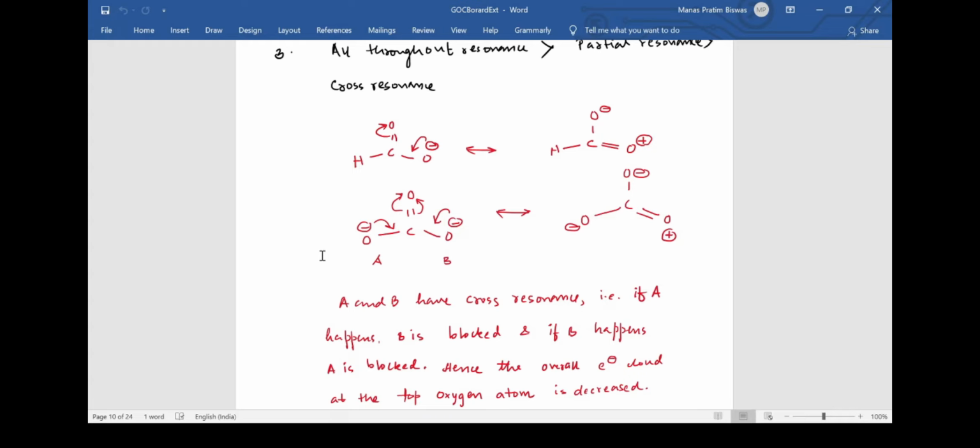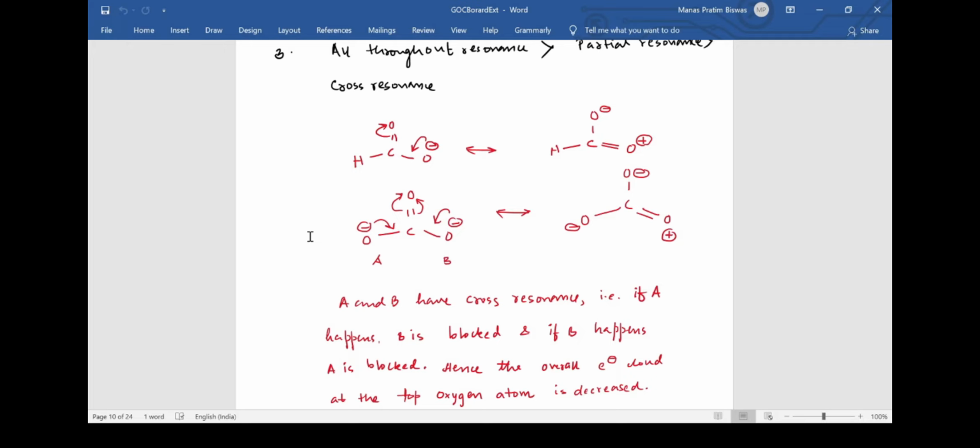To be honest, the actual thing is not the way you are seeing it. It's actually the reverse. If the resonance is happening parallelly from the right hand side and the left hand side, we can say that this topmost oxygen is having a higher negative charge over itself, that is, the electron dispersion over it is increasing. But the resonance here and the resonance here are in contrast with each other. That means if the right hand side resonance occurs, the left hand side is blocked, because simultaneously it cannot occur. It's quite obvious that the transfer of electrons from the left hand side and right hand side cannot occur at the same point of time.